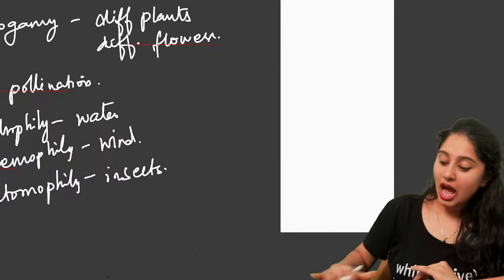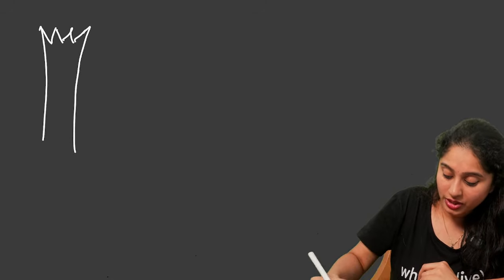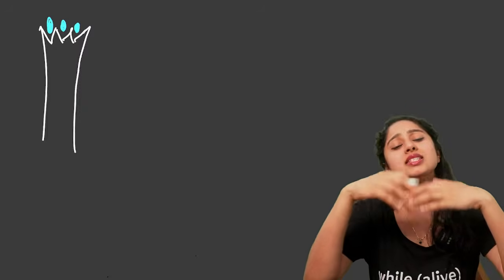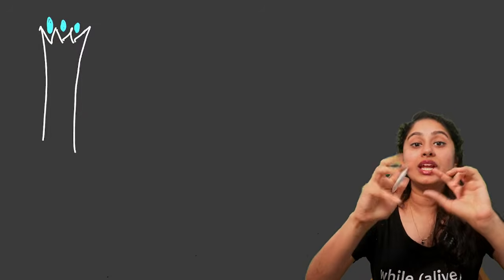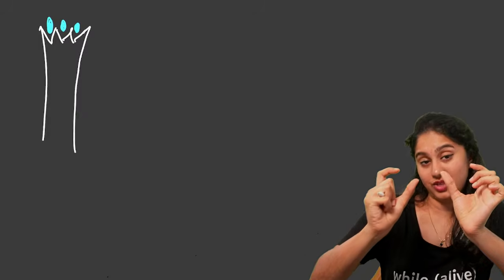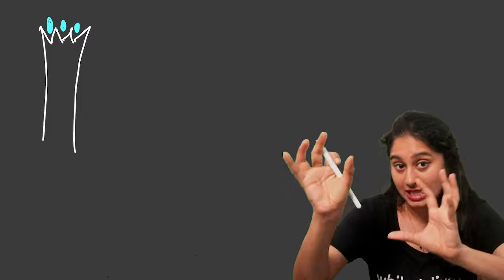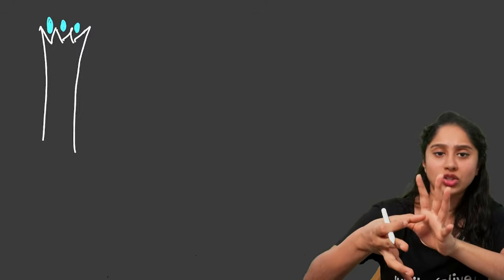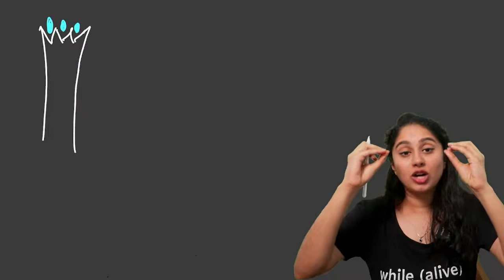Understood, all of you? Now, once the stigma has received the pollen grains, remember that in 60% of flowers, when the pollen grains are released, they have only one generative cell, and then later, after landing on the stigma, it will divide and produce two male gametes. But sometimes, when they are released itself, they will divide into the two-cell stage and then be released. So, it depends. But either way, when they come to the stigma, they are already ready.